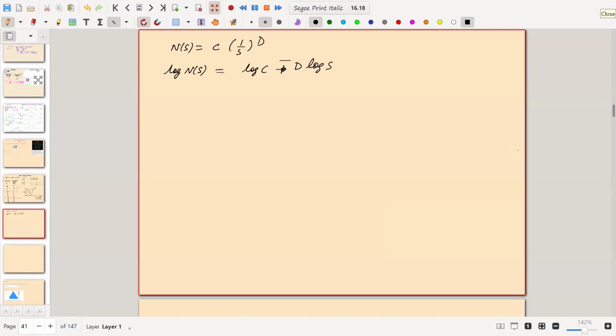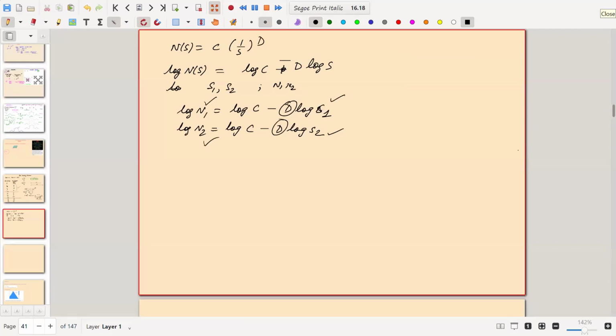Now, if you have some data points, let me say you have S1, S2, and correspondingly N1, N2 data points. So we will get log N1 is equal to log C minus D log S1. Similarly, log N2 is equal to log C minus D log S2, right? So you can play around and compute the dimension D if you have data points. So you can always compute D from these points. You can say D is equal to log N1 minus log N2 divided by,